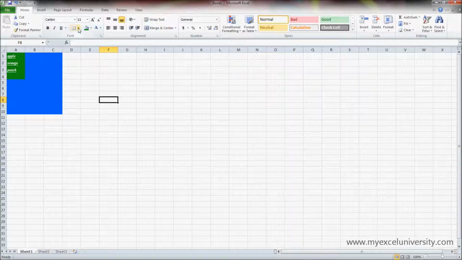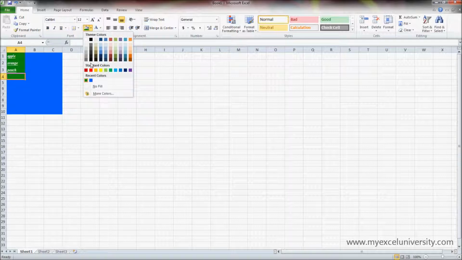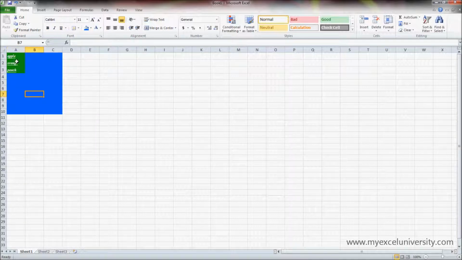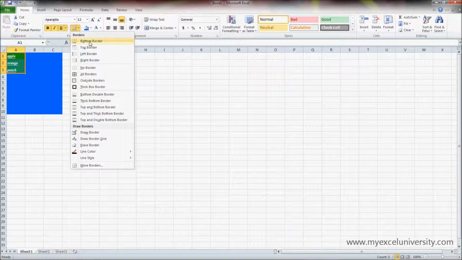Now the last thing, I kind of skipped over this, but slightly more complicated, we can add borders to each one of these cells, and you can see here it's just kind of like a blob. It just sort of looks like these cells are floating out there a little bit. Now if we add borders, it's really going to help this. So I'm going to go ahead and select, first let me make this blue, I don't want that green. Okay, I'm going to go ahead and select these green cells here,